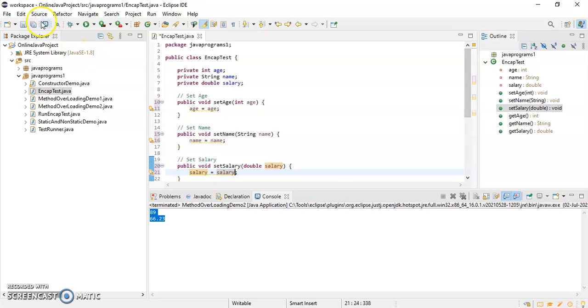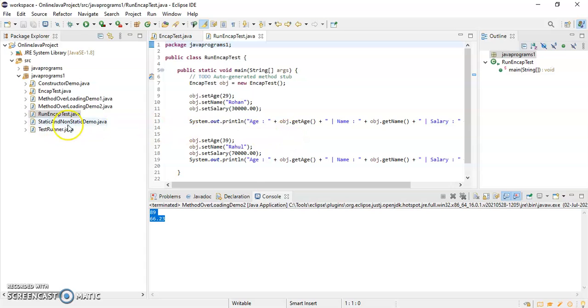Now if I go to RunEncapTest, this particular class file was created to execute this EncapTest. Here I am creating an object and assigning values by using setter methods, then retrieving those values using getter methods.